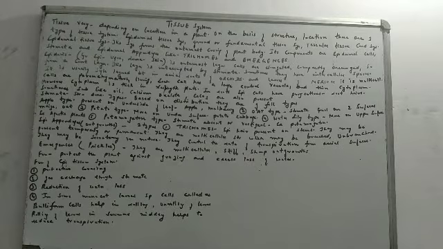So first let us study about the first component of the epidermal tissue system, that is epidermis. This word epidermis comes from the Greek words epi and derma. Epi means upon and derma means skin. Remember, the word epidermis comes from the Greek words epi and derma. Epi means upon and derma means skin. Epidermis is the outermost layer.